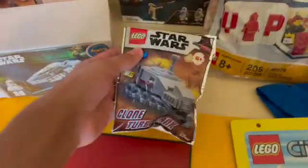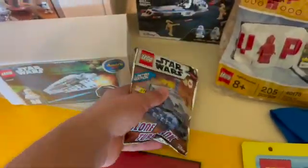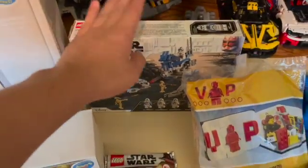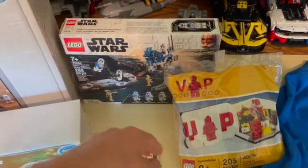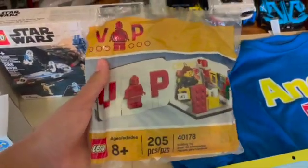Coming on over here, we have another of those European packs right there with a clone turbo tank. We got a really nice 501st Battle Pack right here. One of the probably best sets ever, in my opinion. He had them for a really good price, like 40 bucks a piece, which was really nice. And we got this cool